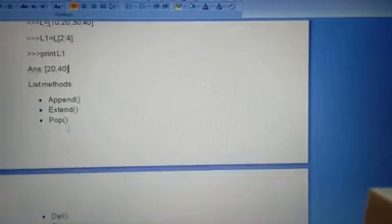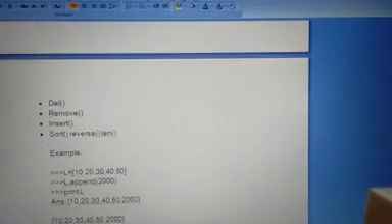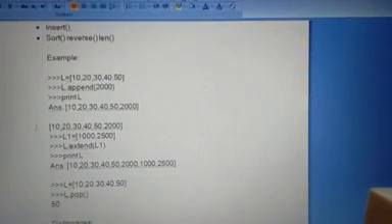Okay. So, list methods. The methods used with lists are append, extend, pop, delete, remove, insert, sort, reverse and len. A few examples are given here. List append means what? Add the item. So one list is there, and one item is inserted using the append method. The list is 10, 20, 30, 40, 50. Append 2000, print L. So 2000 is added. If you want to add one item to the list, use append.